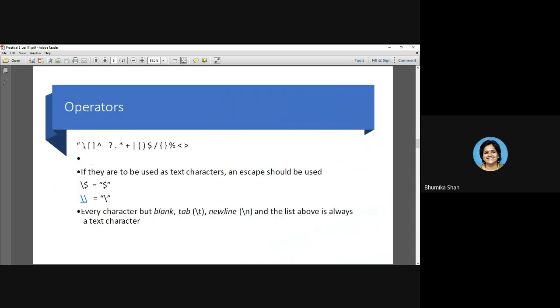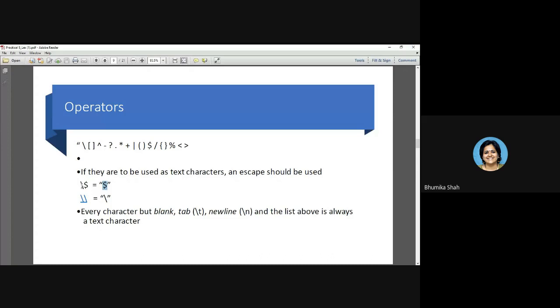So let us see that. Which operators are we going to discuss over here? Slash, square bracket, negation, question mark, star. What is the meaning of this slash? That is used as an escape character. What is the meaning of escape character? Suppose you want to print a message, hello world slash. You want to actually print slash in your message. You want to actually print the percentage sign in your message. Percentage should not be used as an operator. Then what you have to do? Suppose you want to actually use dollar. Dollar should not be treated as an operator. You want to use that in the string.